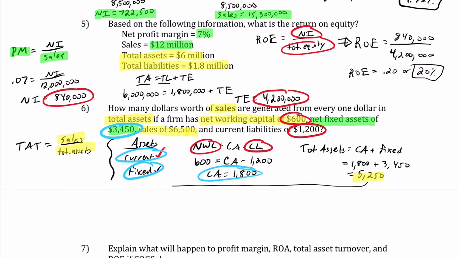My last step then is to just insert into my total asset turnover equation. Sales were given in the problem as 6,500. Total assets is what we just solved for, 5,250. When I solve for total asset turnover, I get 1.24. So you can think of this as for every dollar they are investing in assets, those assets are generating $1.24